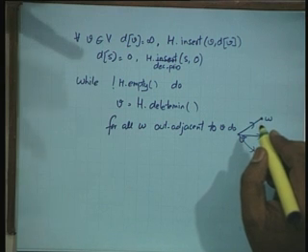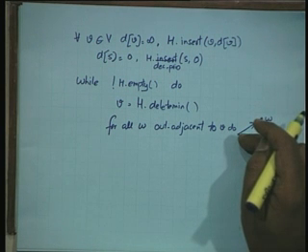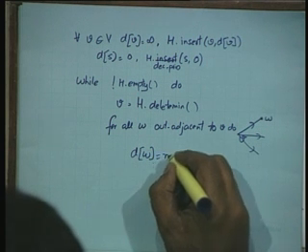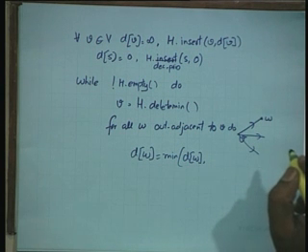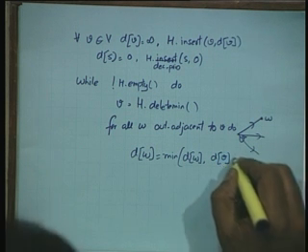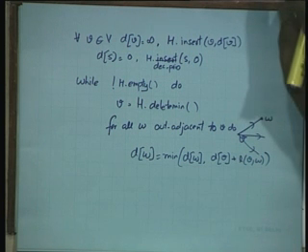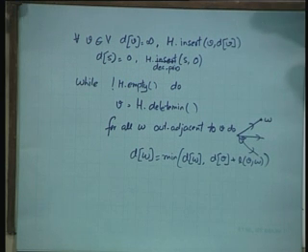So if I find a better path to W, and what would be the better path? Through V. So D of W equals minimum D of W comma D of V plus L of V W. Yes, this is the other path I am seeing to W, and if this is shorter, then let us put this as the new label.